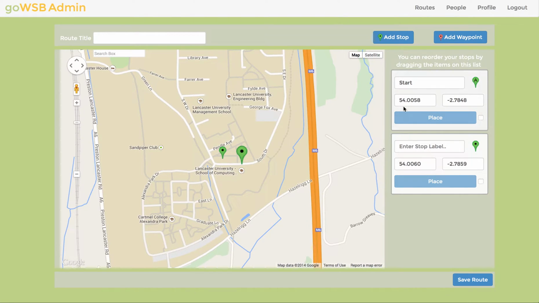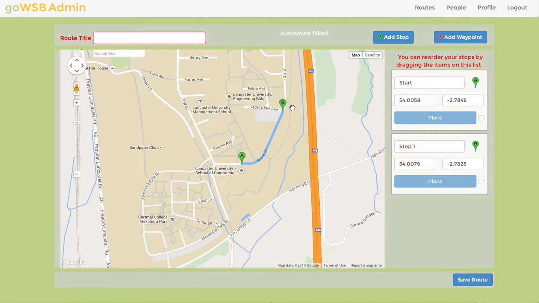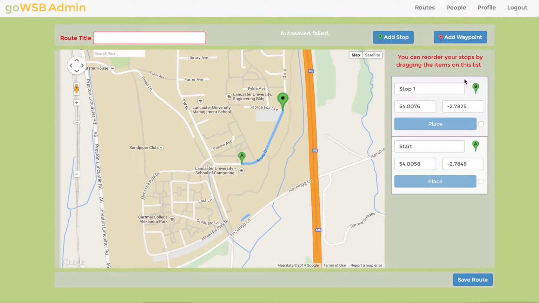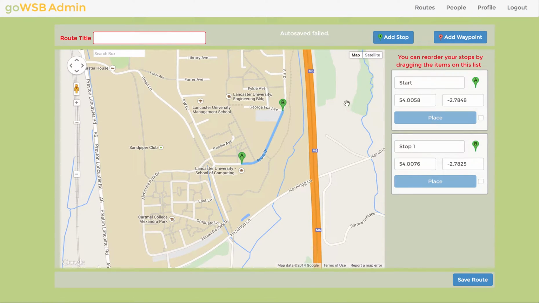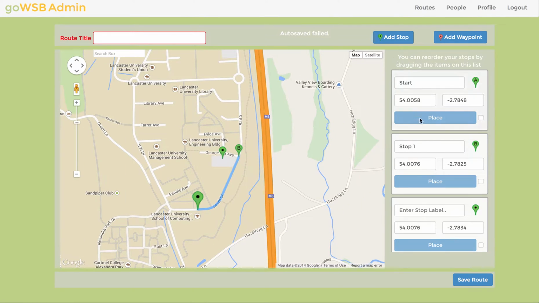If I click on the add stop button again, another stop will appear in the middle of the map, and this is going to be stop 1. So I can now drag this to anywhere on the map, and a route will be created between the 2 points. You can also reorder these by dragging them around at the side, and this just adjusts the order. So if I quickly create another stop here and call that stop 2, just drag that here, the route will be created automatically,